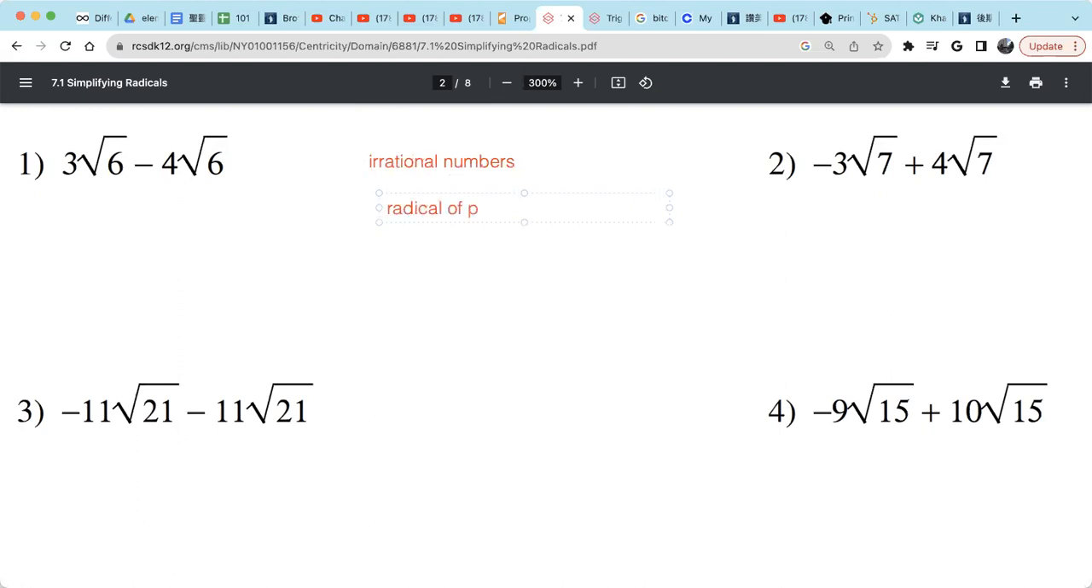Radicals of prime numbers, or what we call square roots, are irrational numbers. So irrational numbers versus rational numbers. We just keep them as they are in college level, or even probably not in high school level. We don't need to approximate anymore. Sometimes we do,